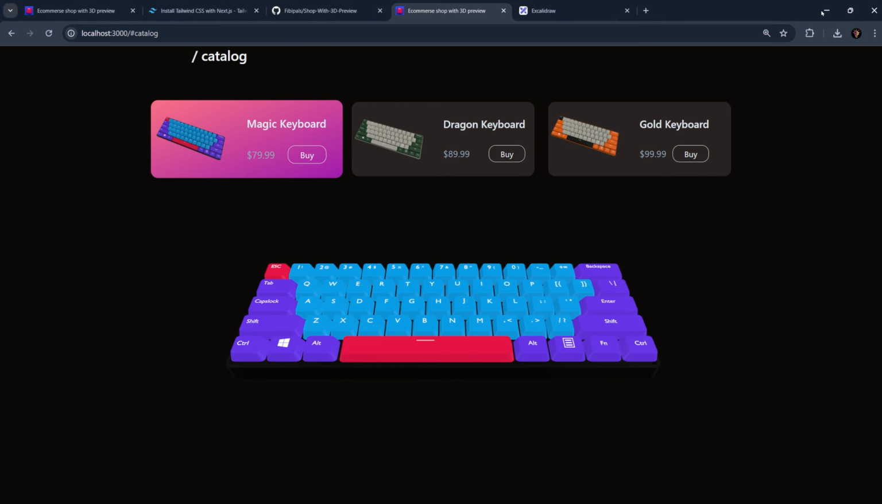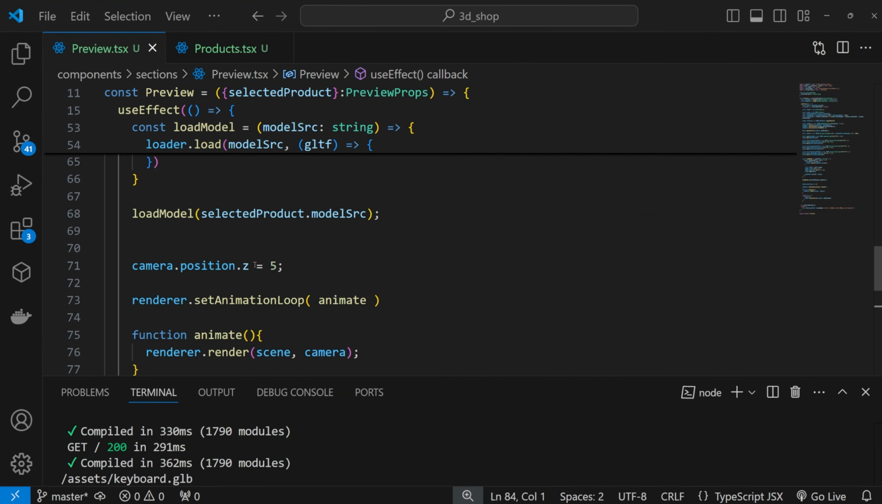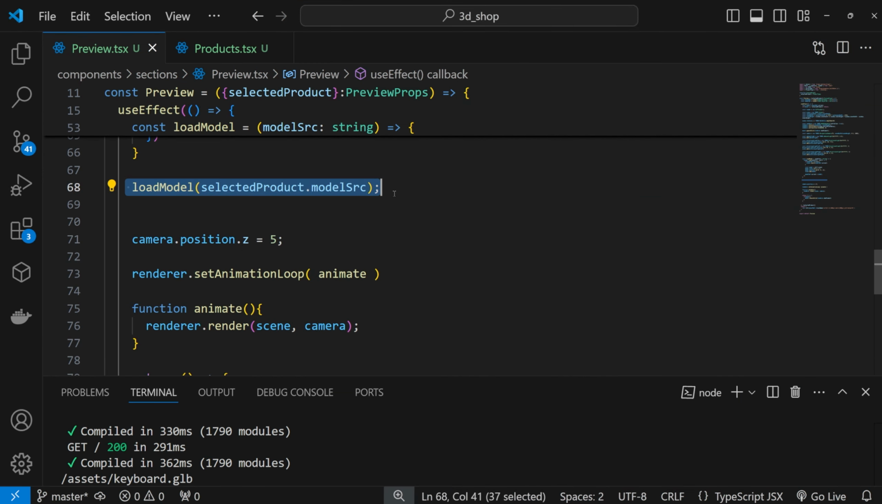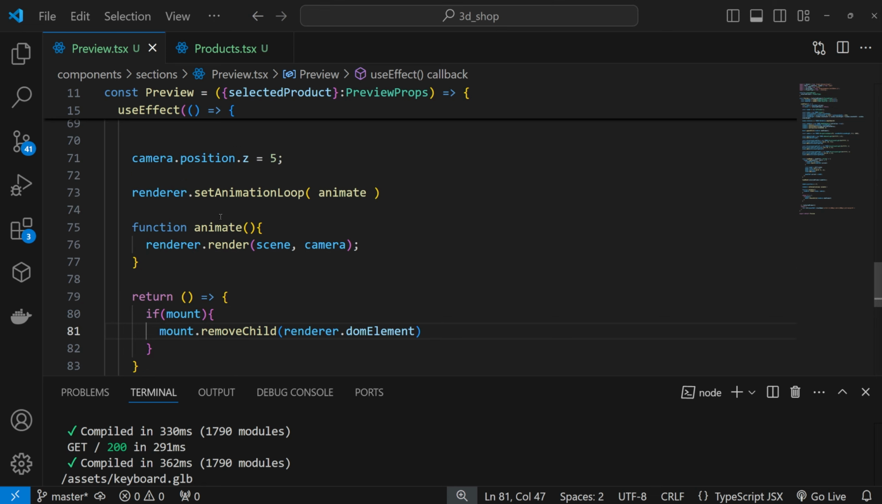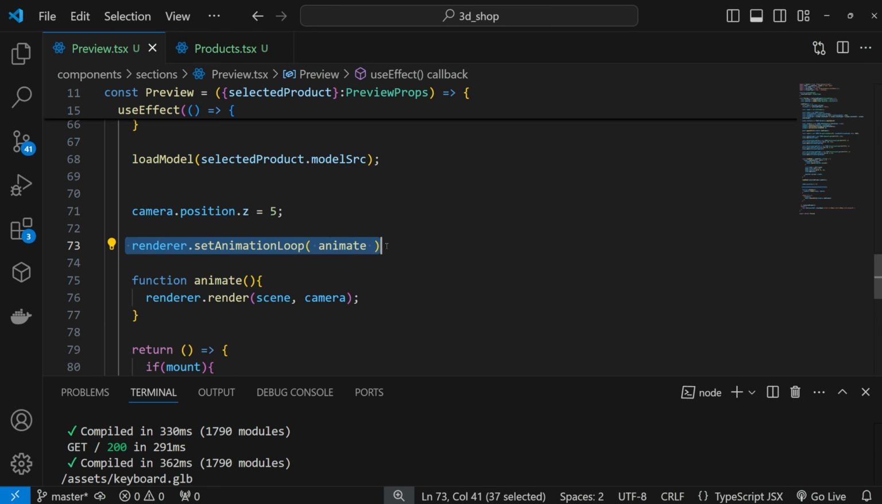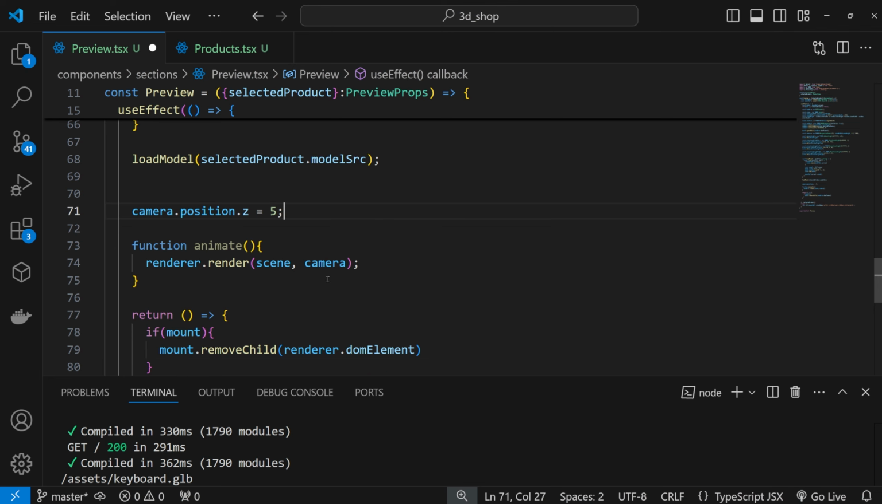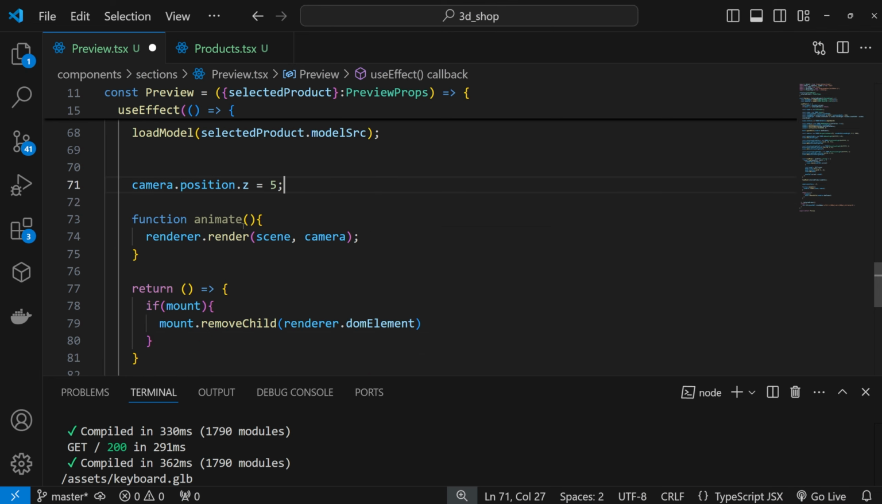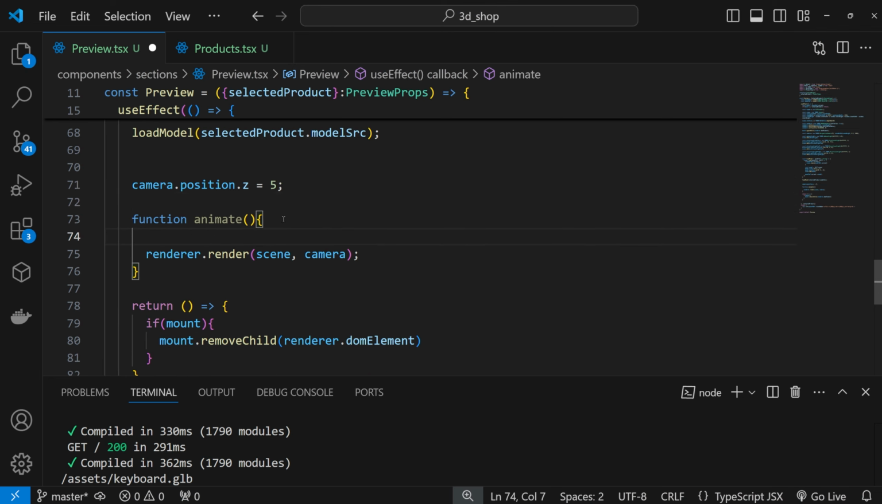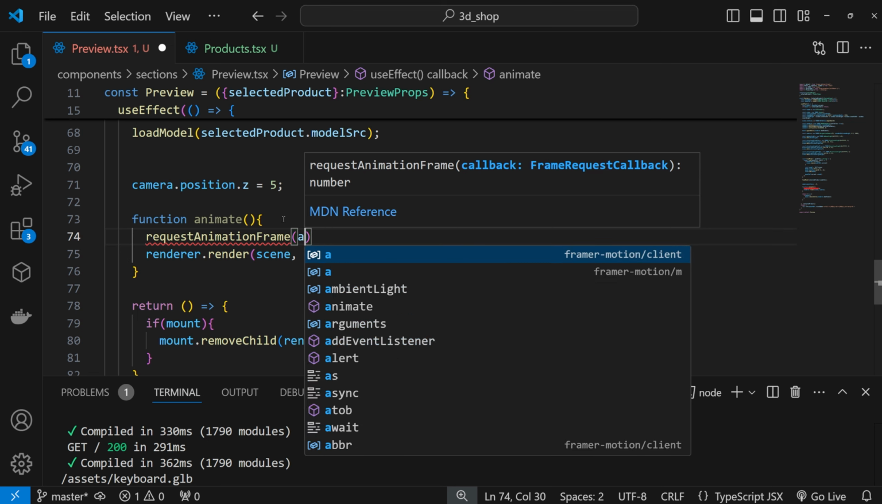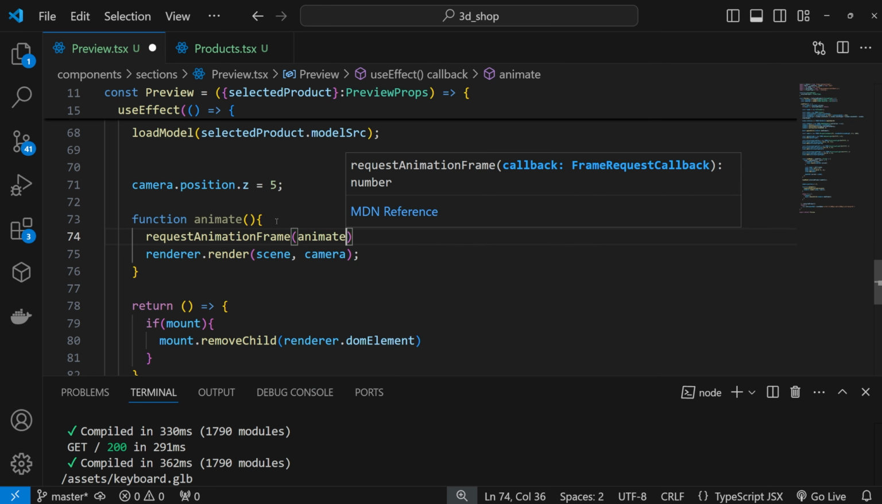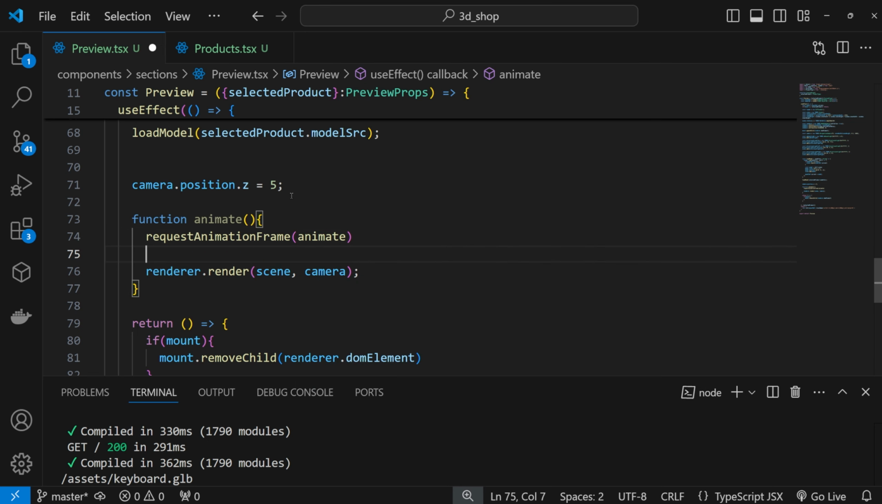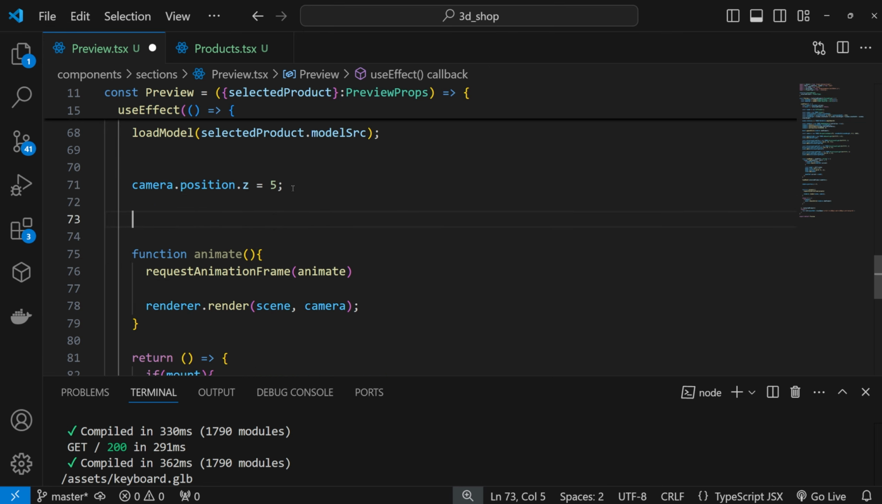So let's go back, and inside, after we load our model, we can modify our animate function. So let's go and delete this loop over here. And now let's go inside the animate function. So first what we need to do is to add a function called requestAnimationFrame, and inside we need to recall this animate function. After this, let's add some constants at the top. So create a const called gravity